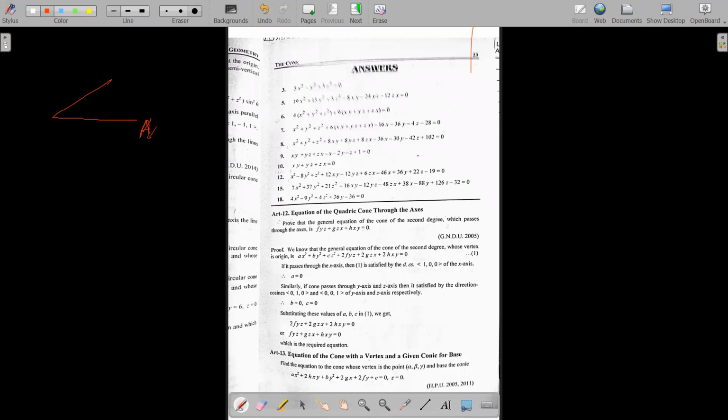And we know there is one more property. So whatever we have done so far, we have tried to generate the equation of the cone with the help of generator and its axis. So now we know there is one more property of the cone, that if you have any generator of the cone, that generator will meet the guiding curve. So now in this article, we will try to look out for the equation of the cone using the generator and the guiding curve.